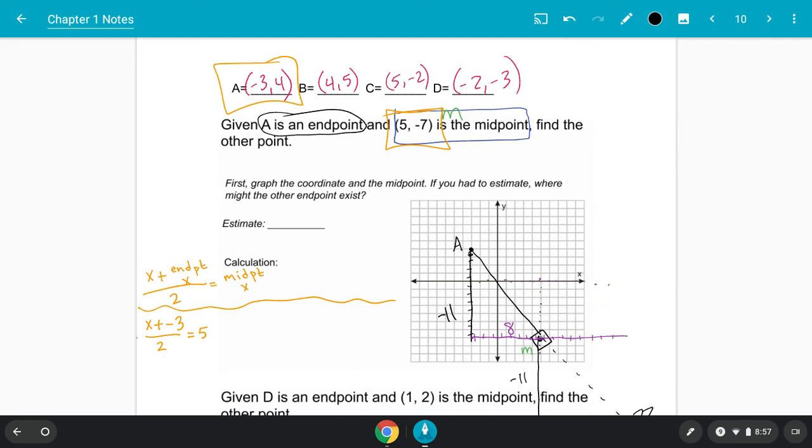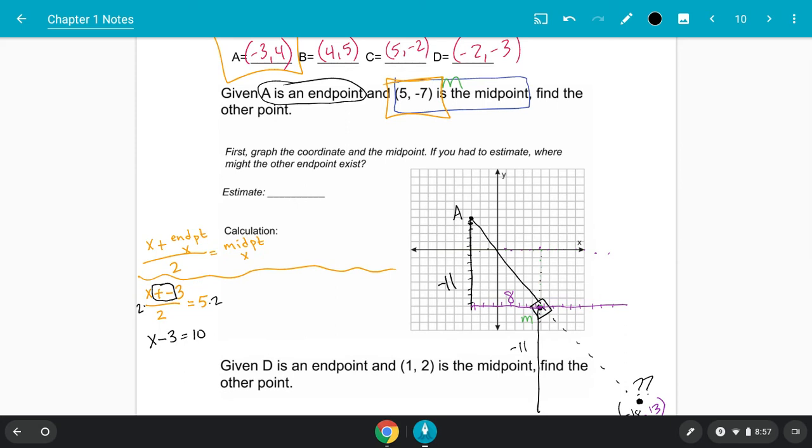That's why we started with some algebra review. Times 2 on both sides, and you get x plus a minus becomes -3 equals 10. And then plus 3 plus 3. And you get,